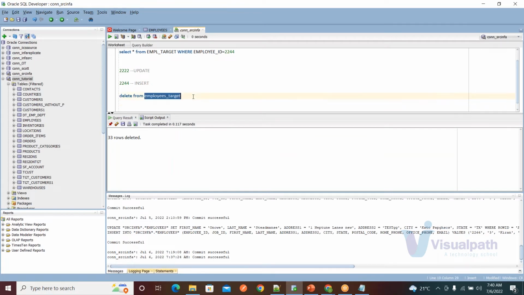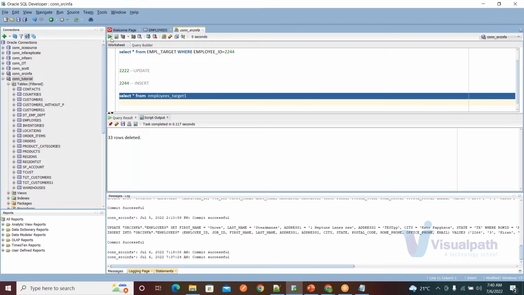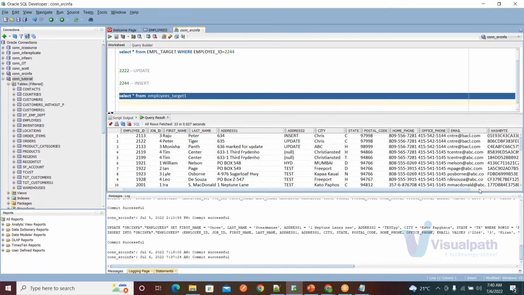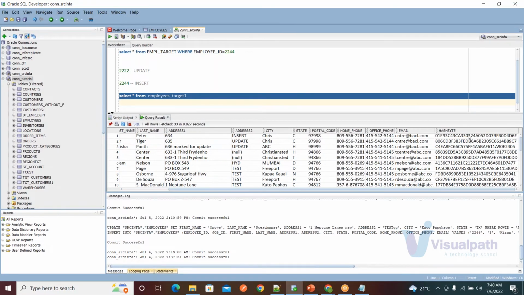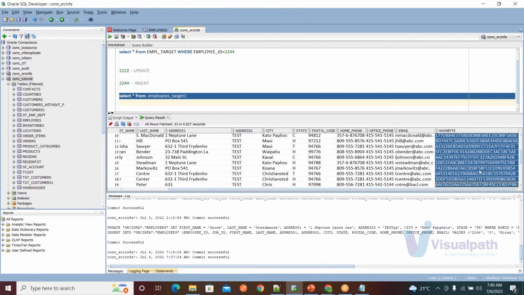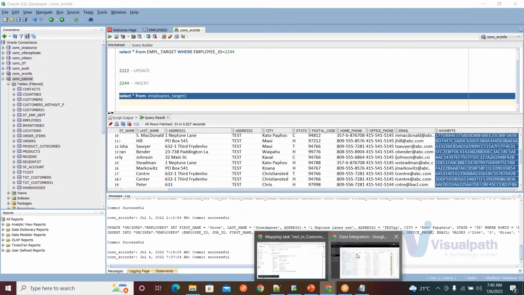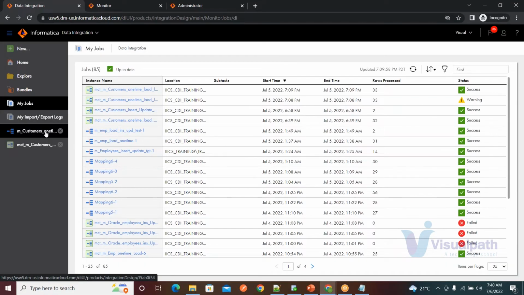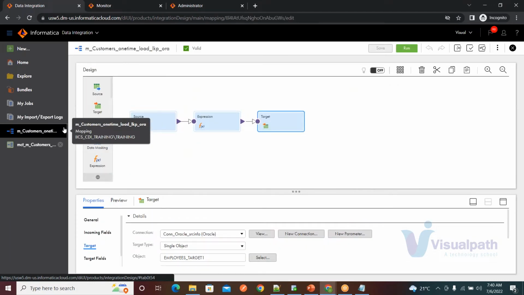So if I just do select star from employees underscore target 1. Okay, I get a unique hash byte value, which is holding the uniqueness of a row, a unique hash byte value for every record. Okay, so I can achieve a lookup scenario on this now by